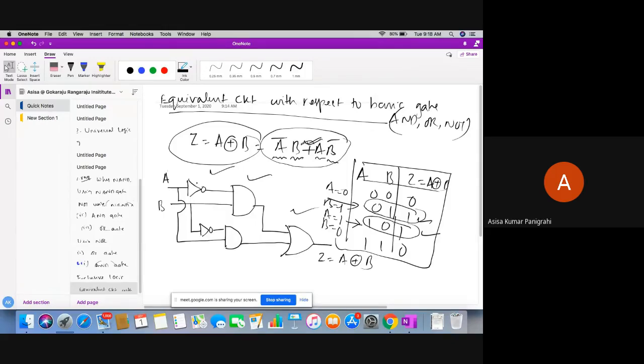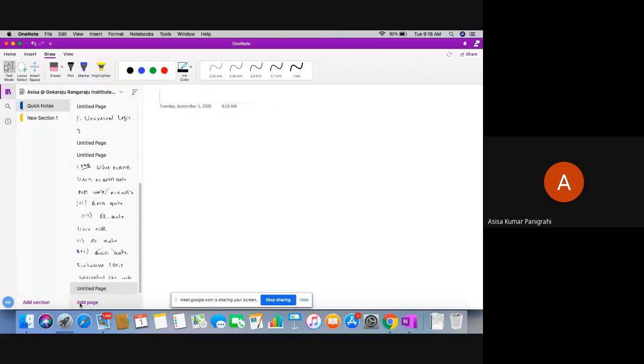And finally we have seen the functionality. The functionality is A bar B or A B bar, and we achieved it by seeing the input combinations A bar B and A B bar where the output is enabled. That's why I designed the circuit using basic gates, that is AND, OR and NOT. Did you all understand, students? Is it all clear to you? Exclusive OR? Yes, sir. Okay, so we'll move to the next part of our syllabus.